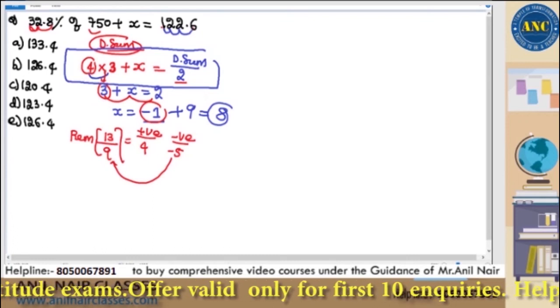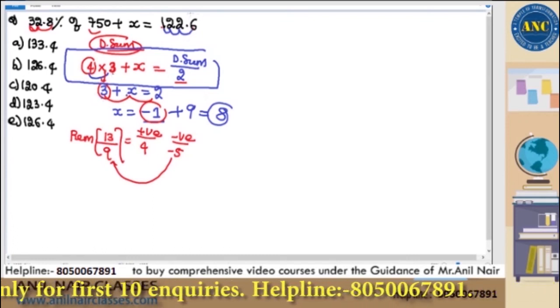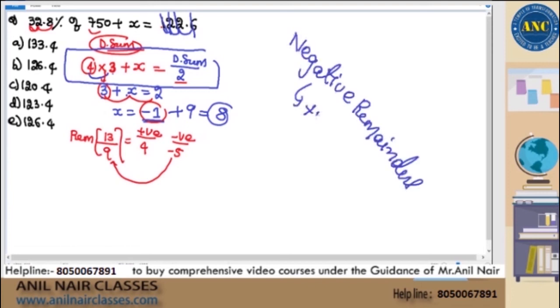Right? 4 3s are 12. 12 plus 1 plus 2, 3. 3 plus x is 6 plus 2, 8. 8 plus 2, 10. 10 plus 1, 11, 2. X is minus 1. Whenever you get a negative remainder, to convert into positive remainder,